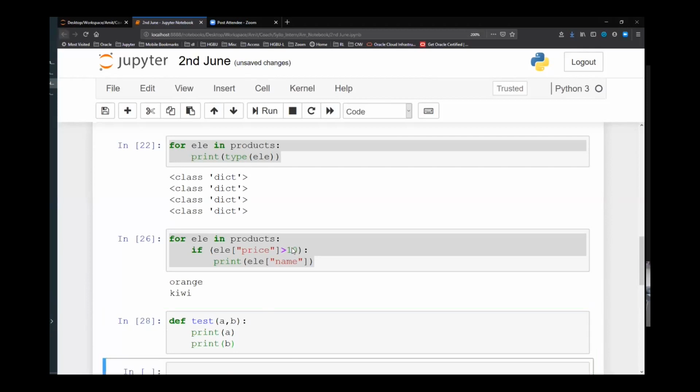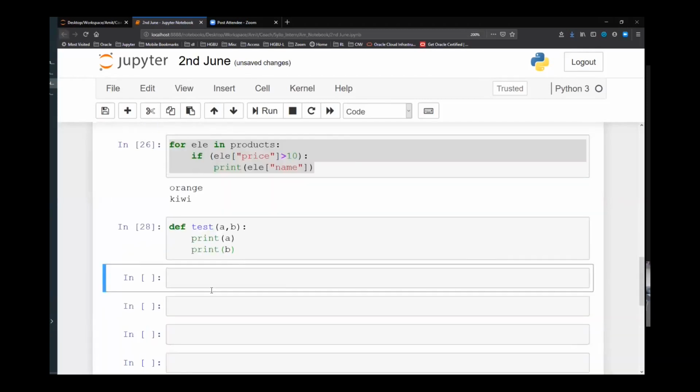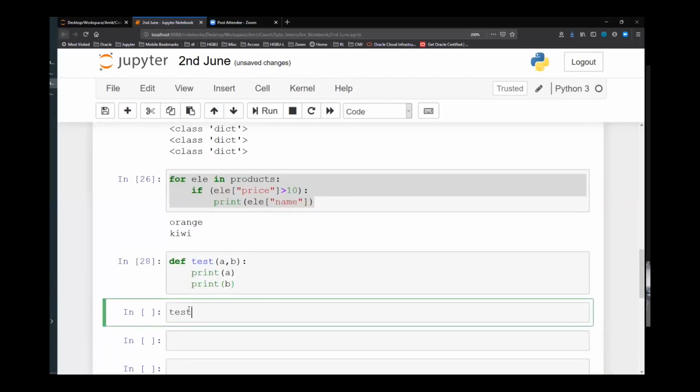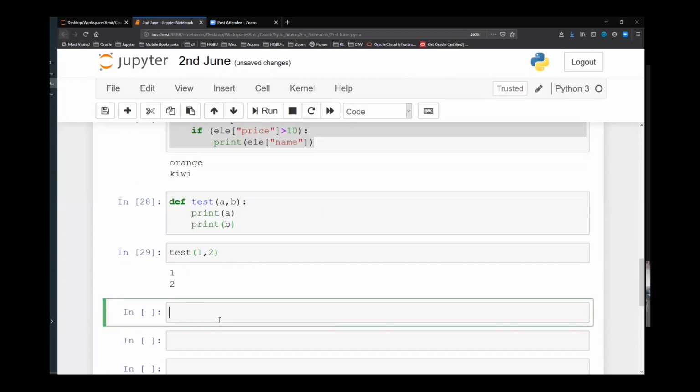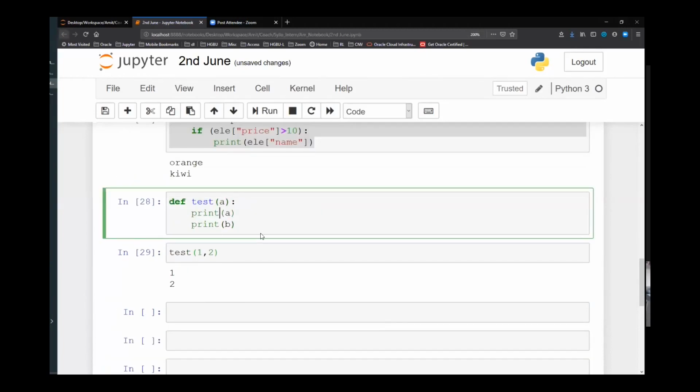This is my function. Now if I have to run this function, what I will do? test 1, 2, right? Let's take just one parameter for the sake of simplicity, or maybe let it be.